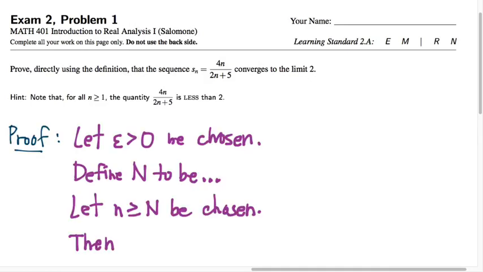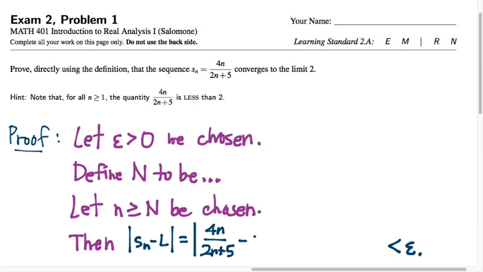The basic structure of the proof mirrors the definition of convergence for a sequence of real numbers. And the last clause in that definition asks you to justify why the absolute value of Sn minus L, which we'll fill in what that is here in a second, is guaranteed to be less than epsilon once we've defined n in this way and we've chosen arbitrarily a little n which is greater than or equal to that. So we won't do out all of this algebra, but how the hint is useful is when you substitute for Sn the definition in terms of n for that sequence, 4n over 2n plus 5, and you substitute for L the limit, 2,